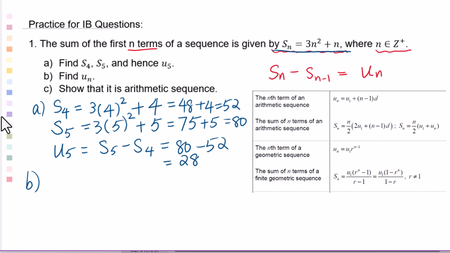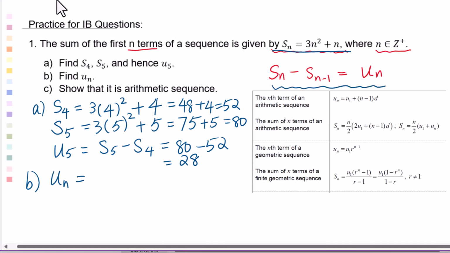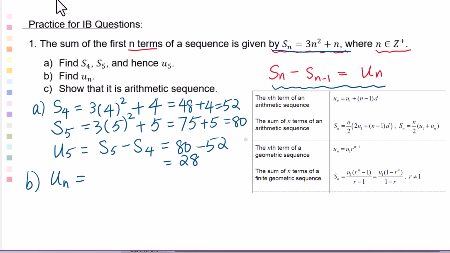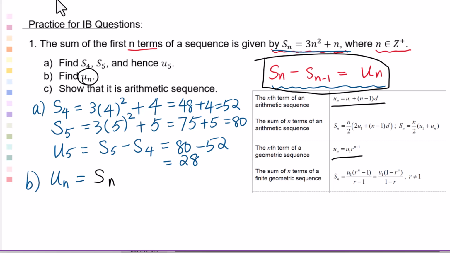For B, find u sub n. Since we do not know this sequence is arithmetic or geometric sequence, we cannot use these two formulas to work out this u sub n. You have to use this formula to figure out u sub n. This formula can apply to any sequence. So u sub n equals s sub n minus s sub n minus 1 equals 3n squared plus n minus